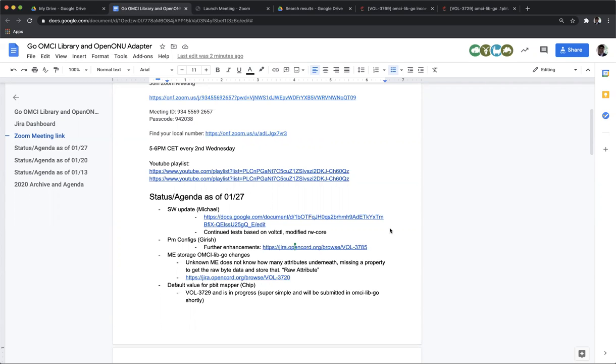One is connected to the download of the image, which is basically the HTTP request, and the other is the real download to the ONU. I'm still hoping that for the first task, Holger at a certain time can jump in and take this task, because it's more or less quite independent. And I will go on with the implementation of the real software upgrade process. Yeah, but that is in progress.